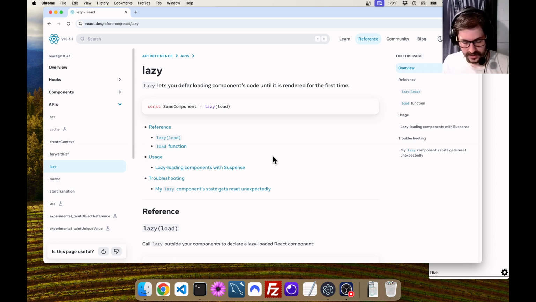Now imagine if you have an application with 40,000 components, which is not unheard of. In fact, that might be kind of average for a big application. You're not going to use all of those immediately. In fact, you're probably going to be showing your user the main home page, and they're not even going to be seeing 90% of those components. So the idea behind lazy loading is, like it says here, defer loading code until it is rendered